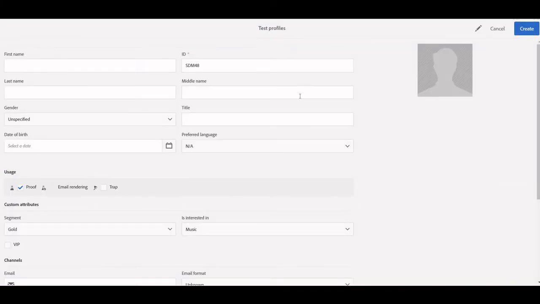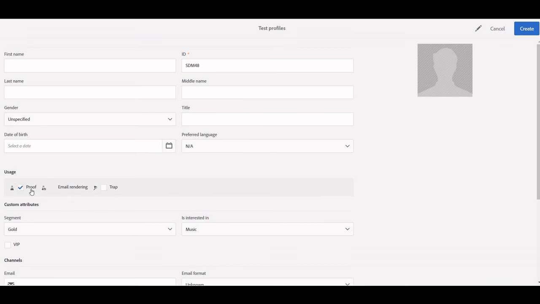The look and feel is almost similar to the profile creation wizard. The only difference is, if you see this usage, we have 3 options available.